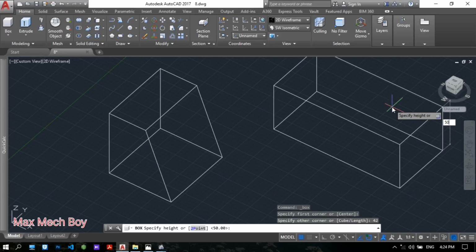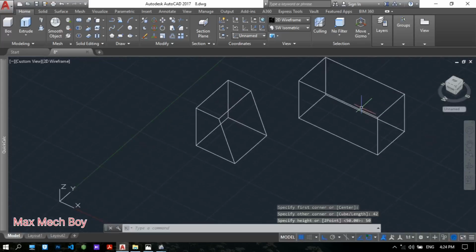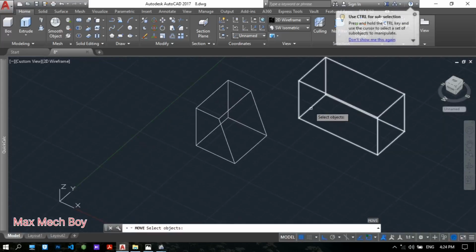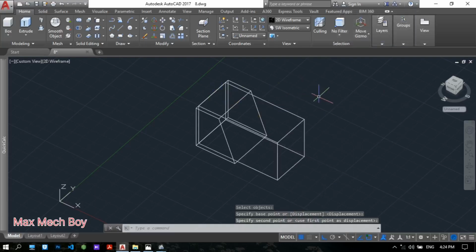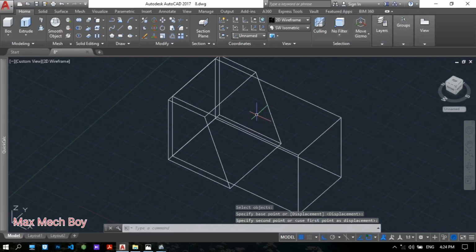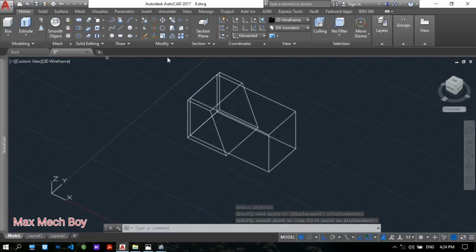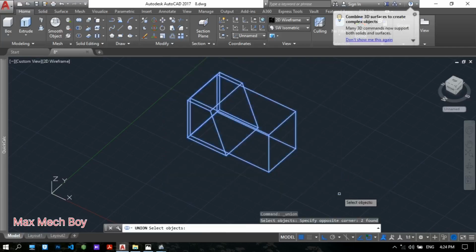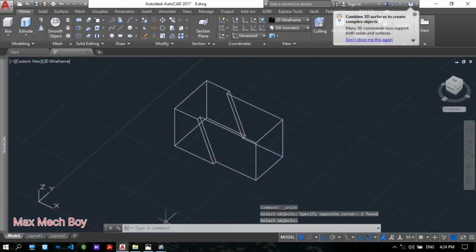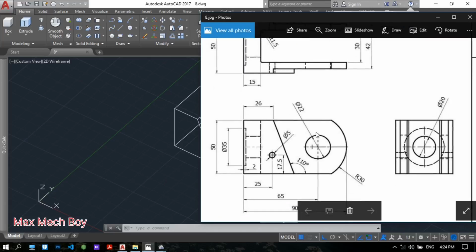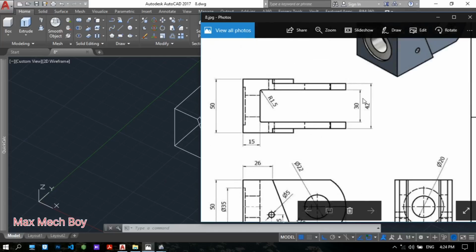And move command, select object. Now use the union command to combine. Okay. Very easy. And then we make a box to cut off